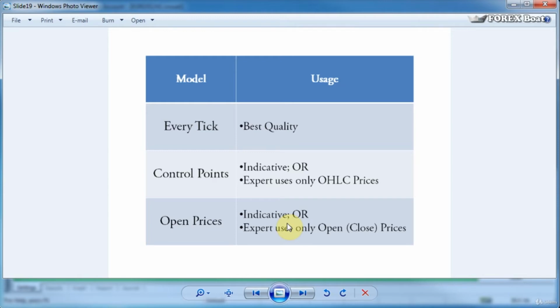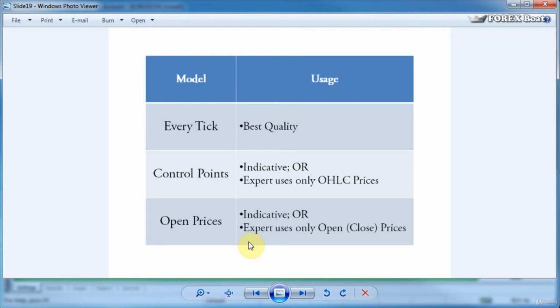Definitely something you shouldn't rely on, but there are cases when you can legitimately use the open prices model to test your Forex system, and that is when your expert advisor only uses the open prices of the previous bars. If it doesn't take into account the ask and the bid price or values of indicators within the bar, if it only works with the already finalized bars, it only looks at their open prices,